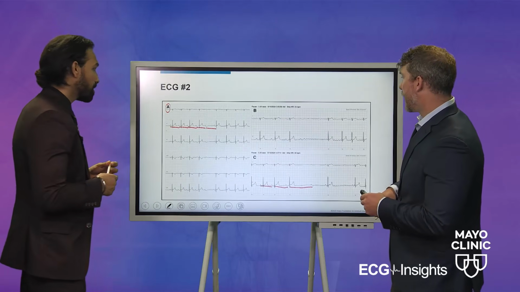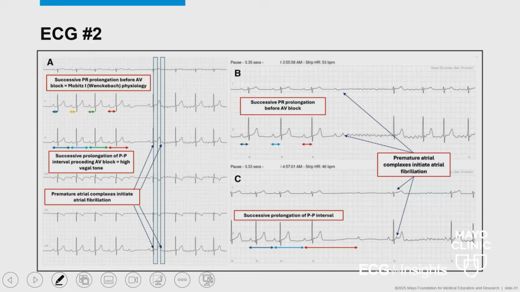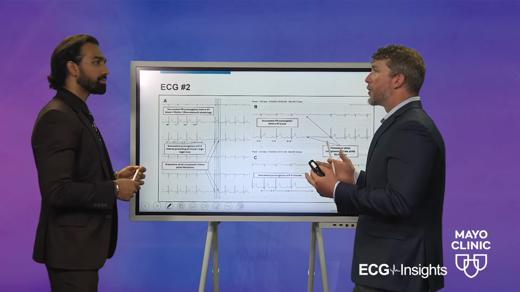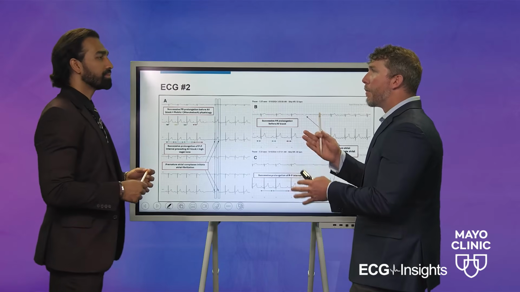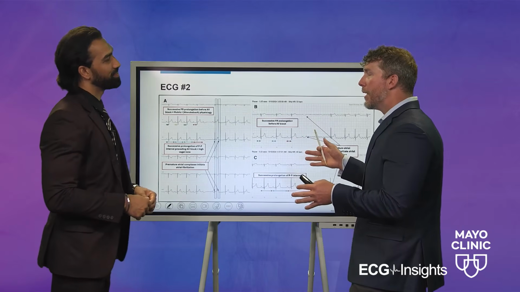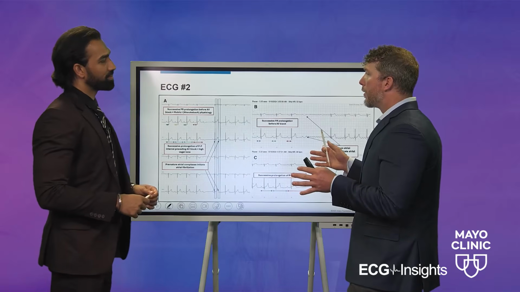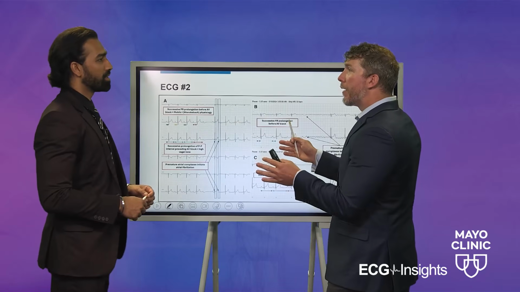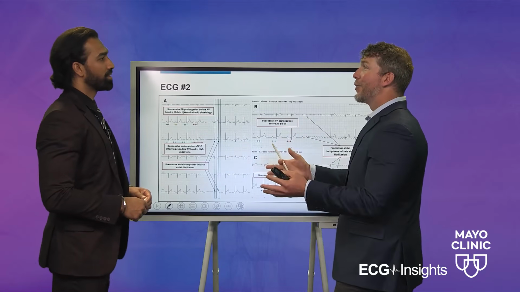Absolutely. So then moving into the next one, it just provides a little bit more detail of pretty much everything that we had talked about, maybe a little more clear measurements here based on the drawings. You see the progressive lengthening of the P2P measurement, also the PR, which we get a lot of questions about from an education standpoint. Well, my P2Ps aren't marching out perfectly. Is there any need for the technicians to point that out, or do you just call it Wenckebach and we provide our interpretation and you take it from there?